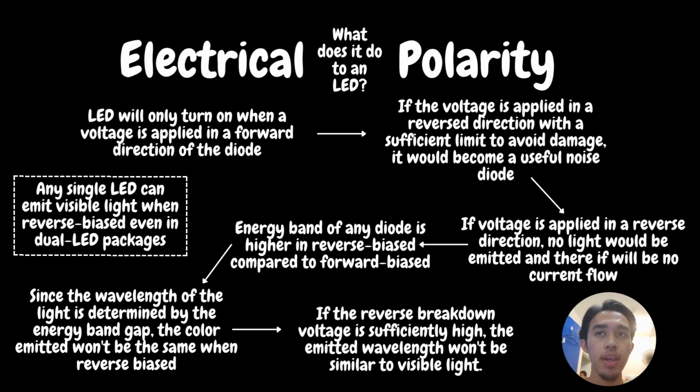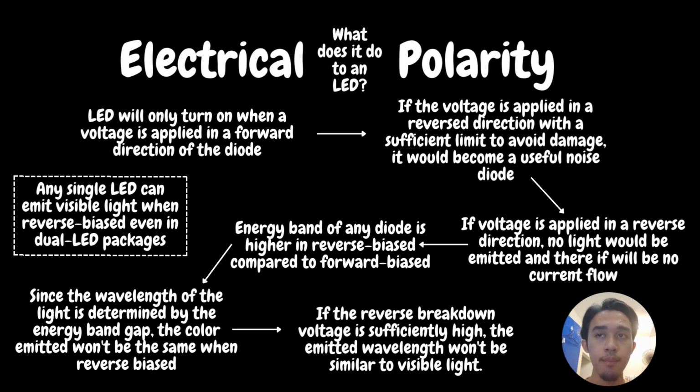If the voltage is applied in a reverse direction with a sufficient limit to avoid damage, it will become a useful noise diode. If voltage is applied in a reverse direction, no light will be emitted and there will be no current flow. Energy band of any diode is higher in reverse bias compared to forward bias. Since the wavelength of the light is determined by the energy band gap, the color emitted won't be the same